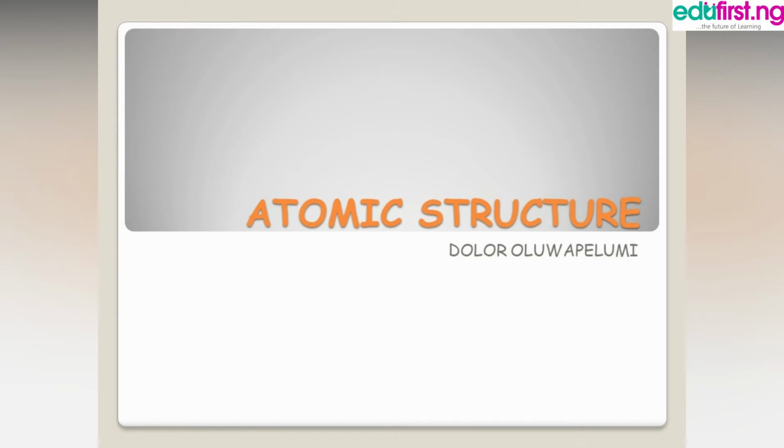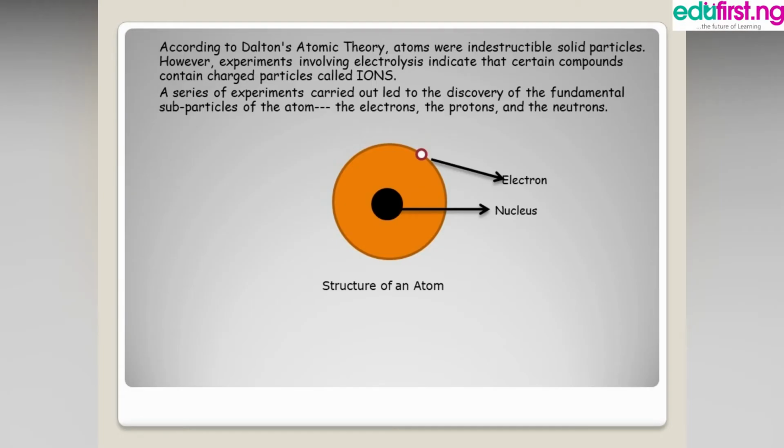In today's class we'll be looking at atomic structure. Okay, so let's proceed. According to Dalton's atomic theory, atoms were indestructible solid particles. However, experiments involving electrolysis indicate that certain compounds contain charged particles called ions, and then a series of experiments carried out led to the discovery of the fundamental particles of the atom, which are the electrons, the protons, and